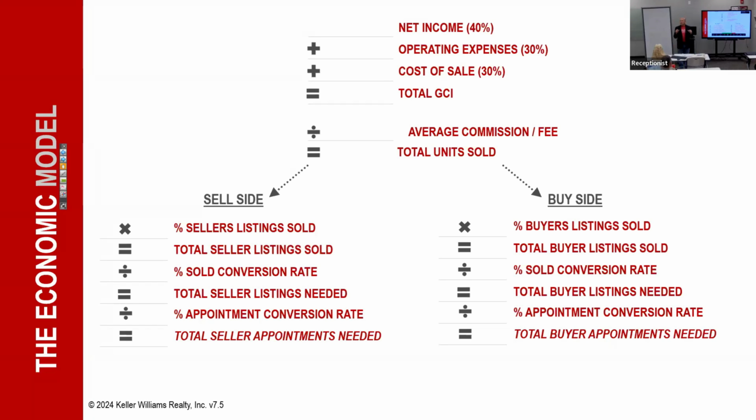And let's do the number that you think you want to make. Remember, these things that you got on your table, where are they? Well, the economic model. I put the economic models on your table. We can get you 100 of these, okay? So use this as a working model right now that you can go back at, and you can do this again at home tonight or tomorrow, whatever. You can bring it in and share it. But put your number in that top line in the calculator. Let's just say 200,000 is your number. Divided by 0.40, and what do you come up with? That's how much money you need to make. $200,000.